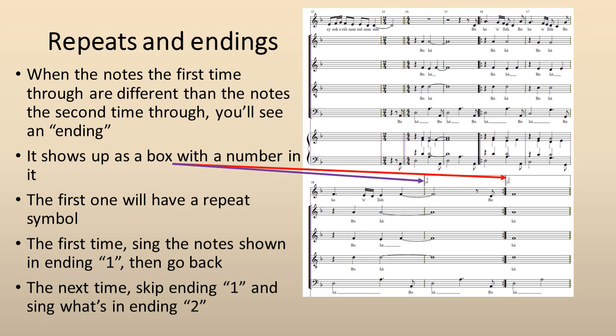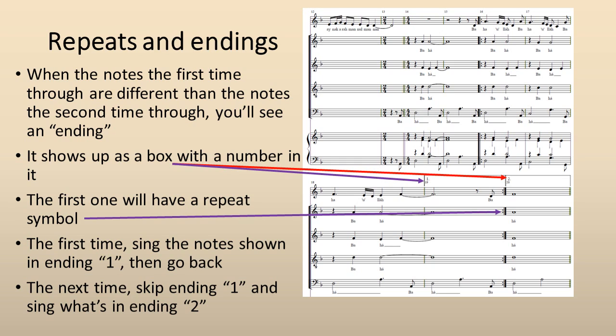Lots of times, although you repeat a passage, the last bar or 2 will be different the second time you sing it. The composer could choose not to use a repeat and just write the whole passage out again, but then the sheet music will be longer and possibly more confusing. And it's hardly worthwhile when it's just a few notes difference. So instead, we have multiple endings for a repeated passage. You'll see a little box above one or more bars with a little number in it. The first ending, as it's called,